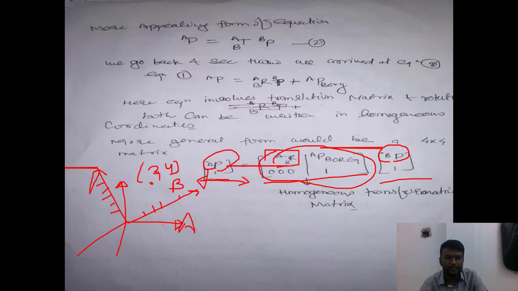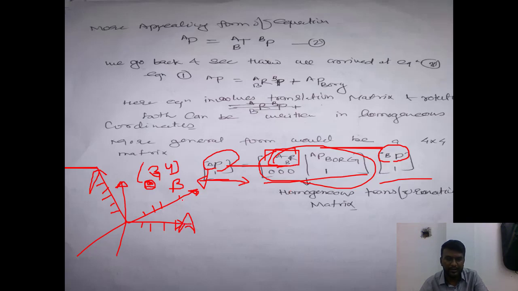So what we do is just multiply with the rotation matrix. This rotation matrix will take care of this rotation and will give you the coordinates in frame A, right? So the coordinates in frame A will be different. See here, 1, 2, 3 will be here. The coordinates will be different because we are defining them in frame A. That is why we need this rotation matrix, to define the orientation and rotate the position in frame A.